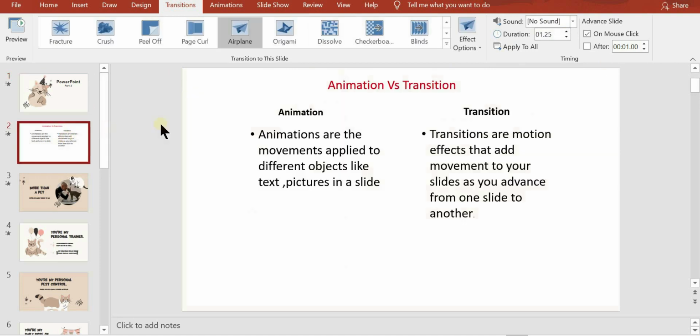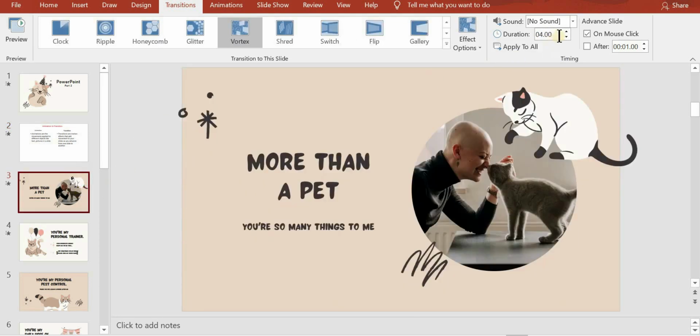And for the second slide, I am making it a little more faster. Here it is 1.25. Let it be like that, 1.25. So it will load fast. Third slide, I am giving 4 seconds. Now let's see. First slide will take more time to load completely, whereas the second slide is a little bit faster than the first slide, 1 second only, and third slide it will be a little more slow than the second slide.